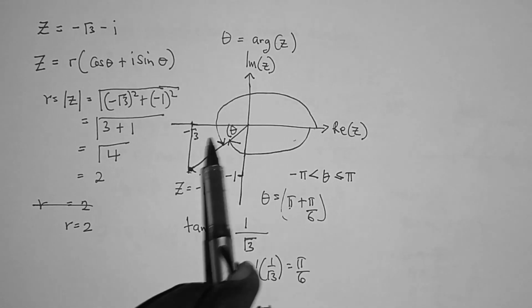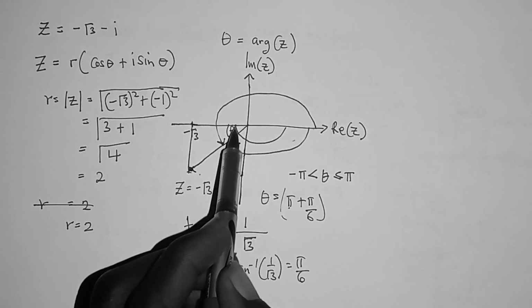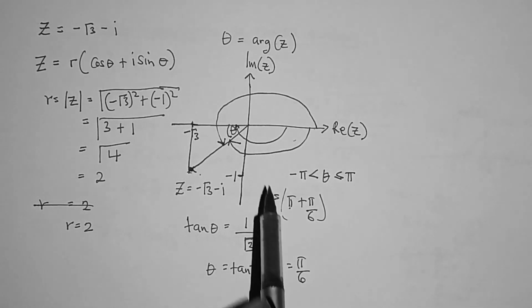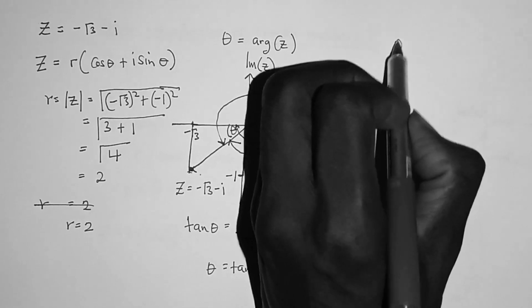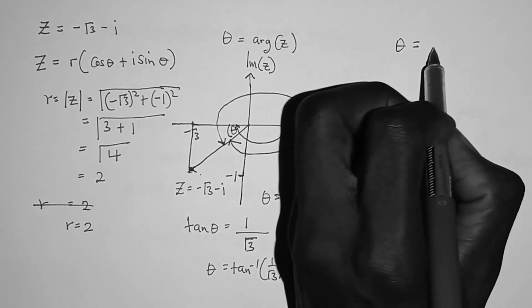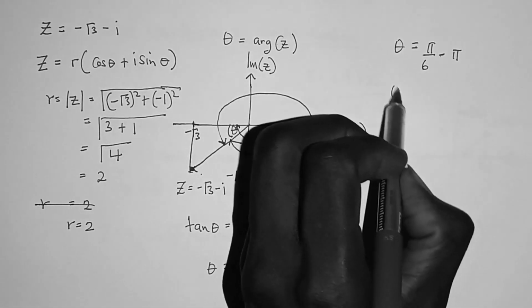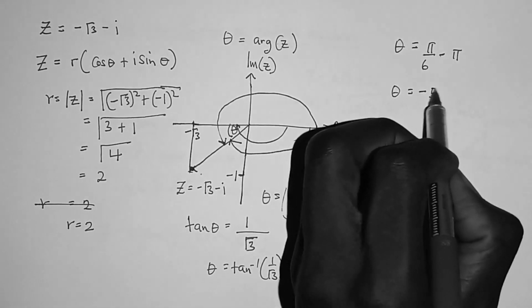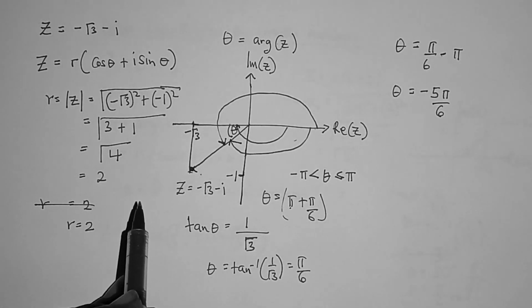You can see that the whole of this, from this part to here, is minus theta. And therefore, all we need to do is just subtract theta from pi over 6. So at the end of the day, theta is equal to pi over 6 minus pi, and theta is equal to minus 5 pi over 6. So therefore, the